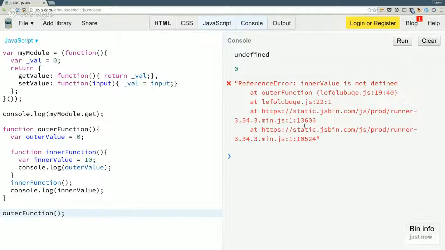Okay, so what I have here is an outer function. I have to invoke that for any of this stuff to run. This is just a definition. It hasn't actually run. When I execute that, it goes in here, it defines outer value, it defines this function, it does not invoke this function, it just defines it, and then it invokes it. Since you didn't have it invoked, I was just curious as to why it was returning anything. Oh, okay, yeah.